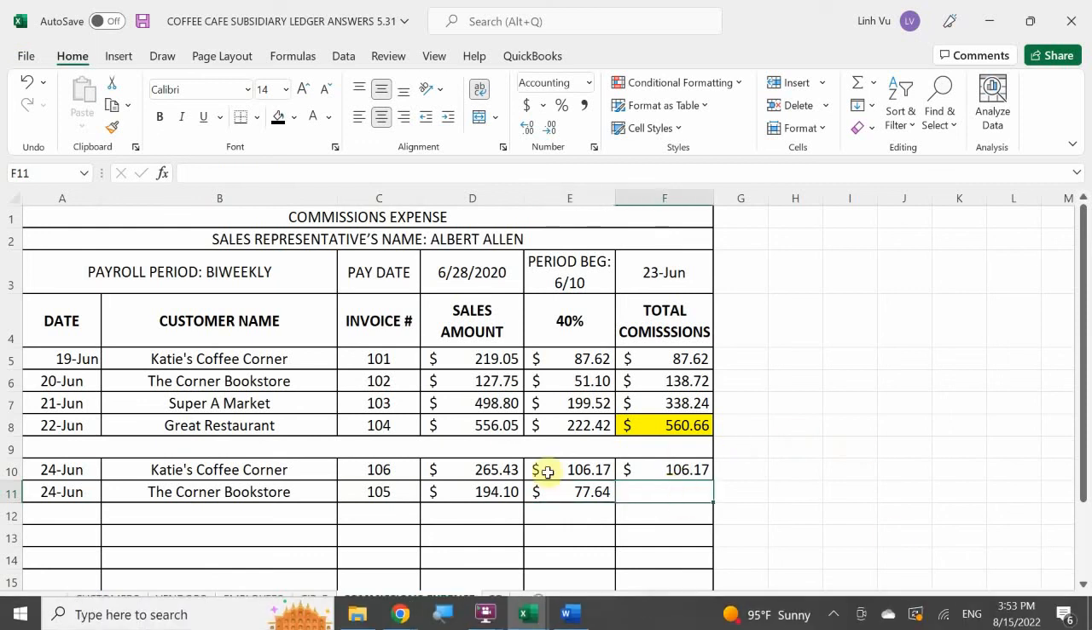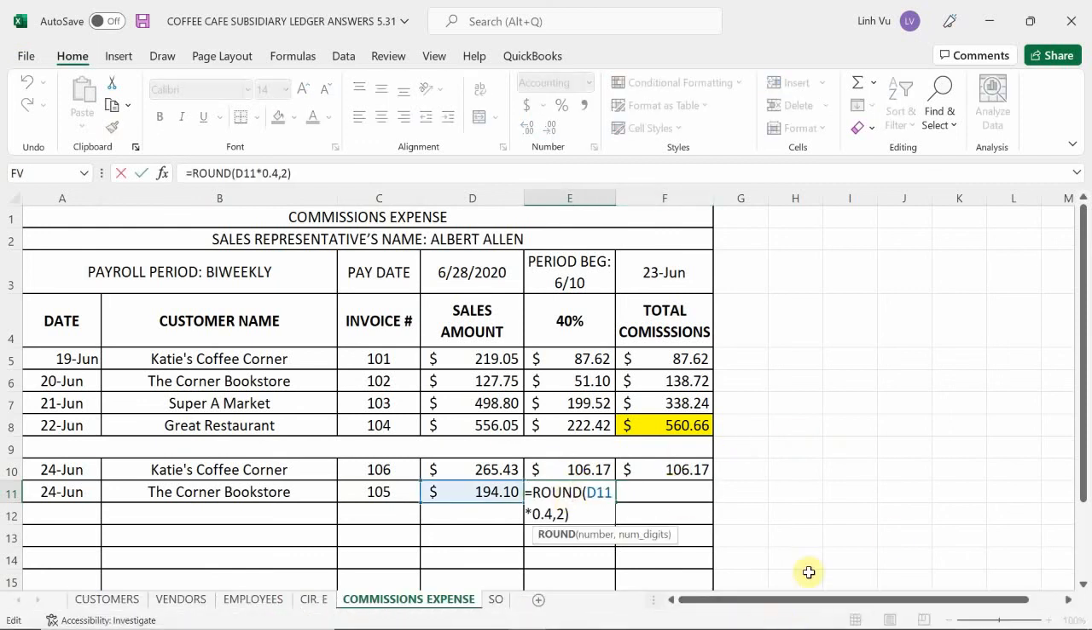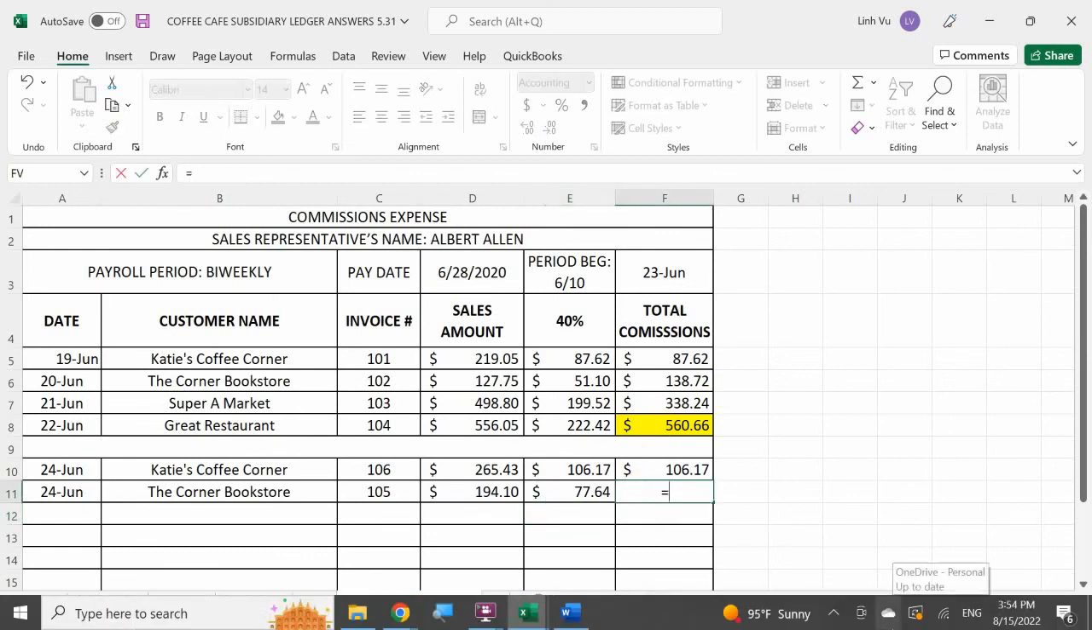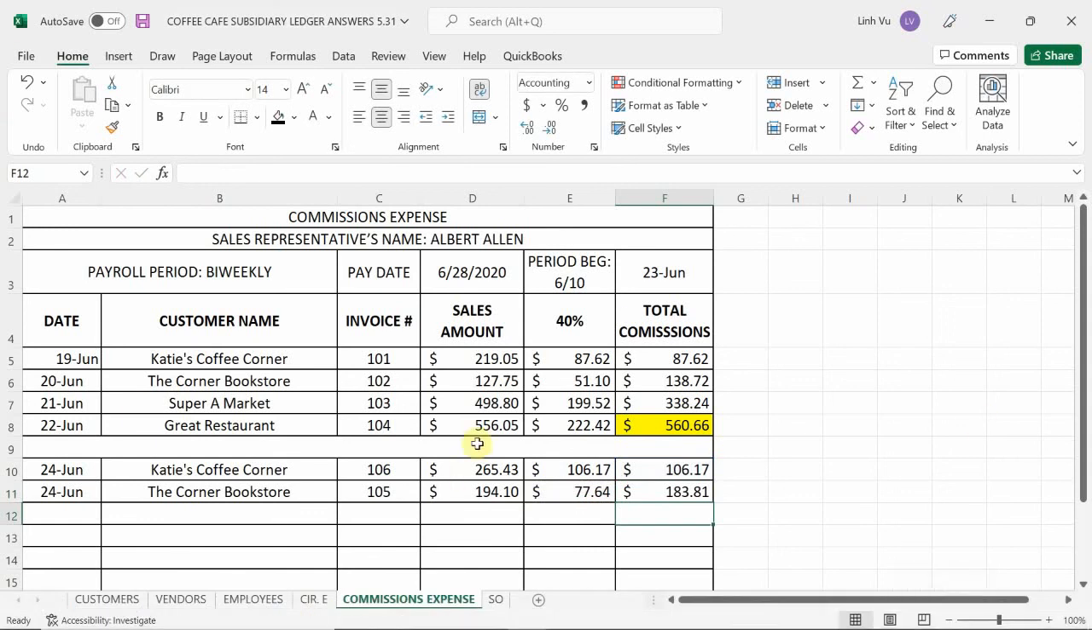It seemed to have picked up my formula. So balance. So the 40% is $77.60. So now grand total for him is $183.81. Good. And then we go to